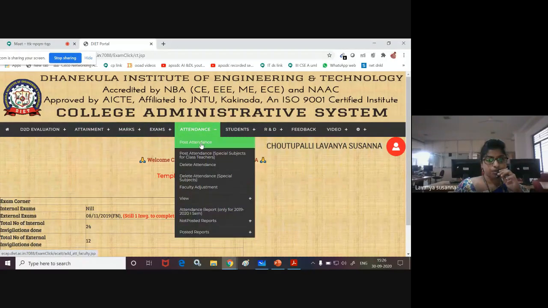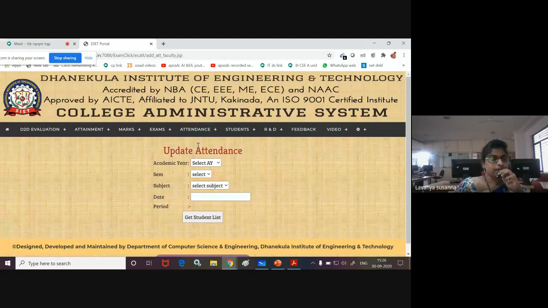Now I will show you post attendance. To post the attendance, I'm just clicking post attendance. There are no preconditions to be met to start this functionality, to start this use case. I'm not doing anything else, so preconditions are none. I just click post attendance, that's all. No preconditions. You will get a screen like this.